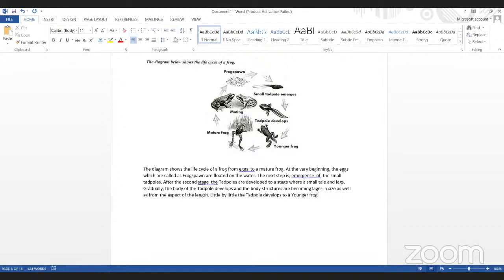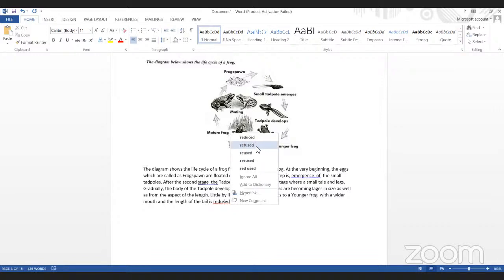A younger frog, meaning it becomes a bigger animal. A younger frog with a wider mouth, and the length of the tail is reduced. It gets reduced, right? Reduced, and